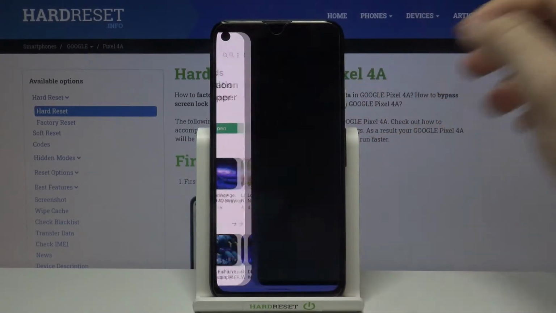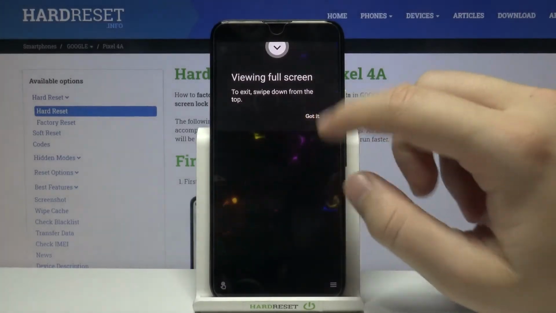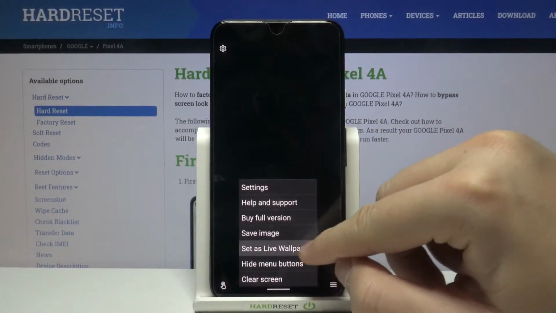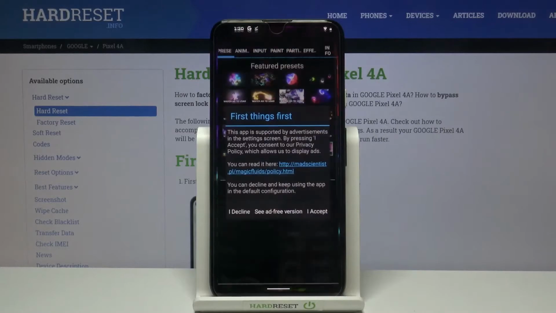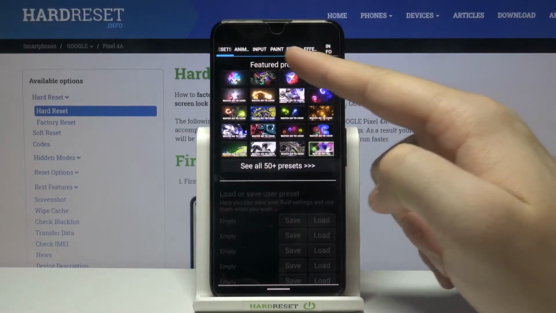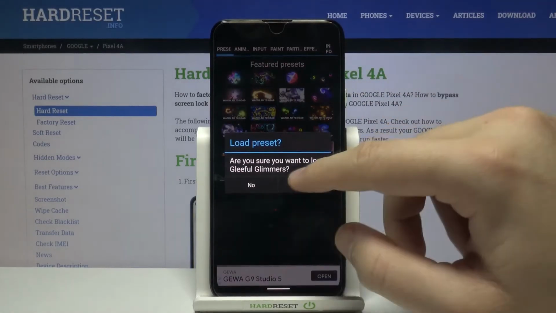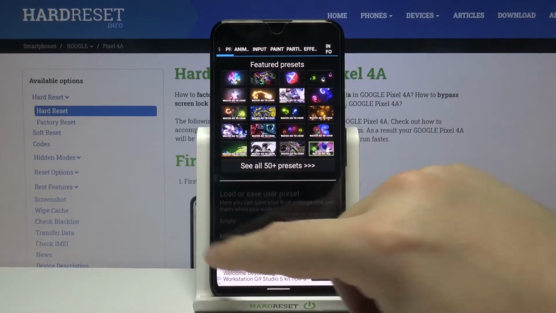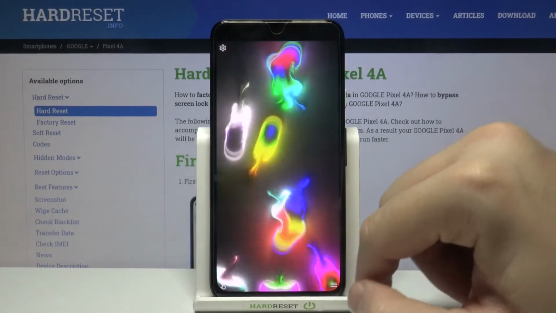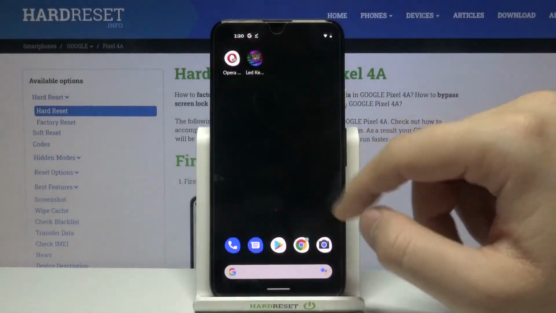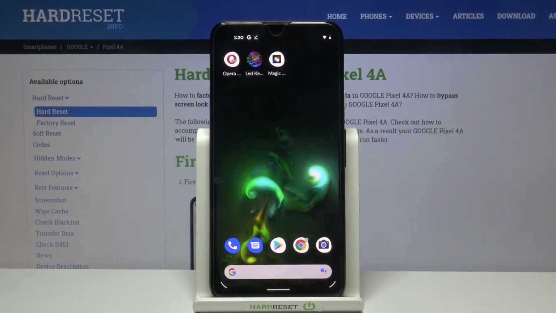Right now we can open. Click here, then move to set as a live wallpaper and click here. And right now we are able to set different themes of this wallpaper. I will show you my favorite. Then go back and click to set wallpaper. And when we go back, we can enjoy this beautiful wallpaper on our